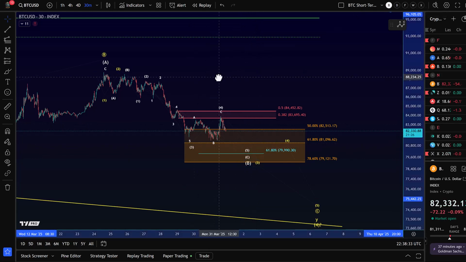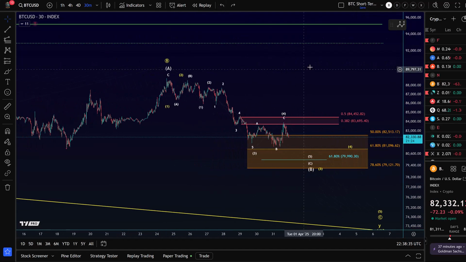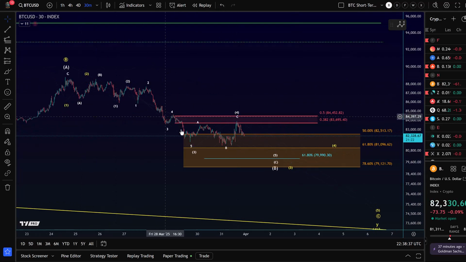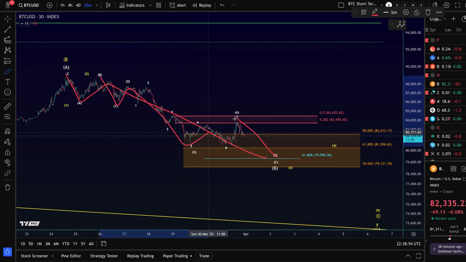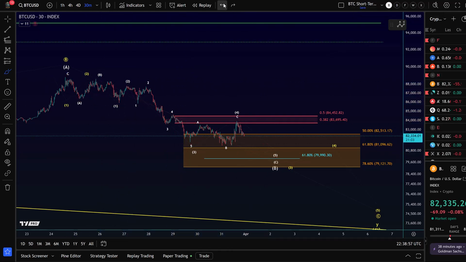Now, someone asked me if we go down further, because the price obviously formed three waves down. I consider that a fourth wave bounce here. And in case you're confused, yeah, five waves down, but as part of an ABC structure. So A, B, C, and then the C wave is a 1, 2, 3, 4, 5. So it is five waves down, but it's part of a three-wave move. So in case you're confused, you have to read the Elliott Wave Principle book, okay?